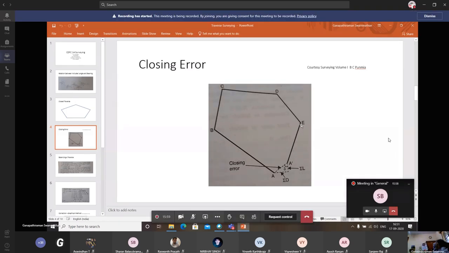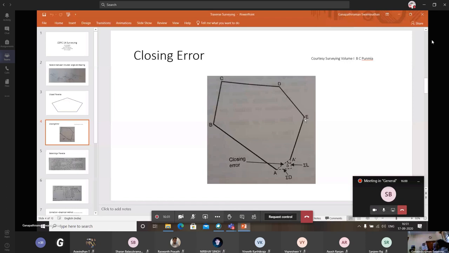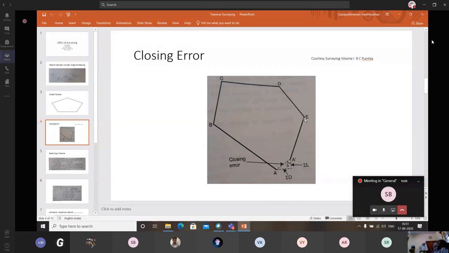So you come to the office. Now you start plotting it. You understand that? You start plotting it. What happens? There is an error. You understand that? There is an error. What will happen now? What is the difference between a mistake and an error?